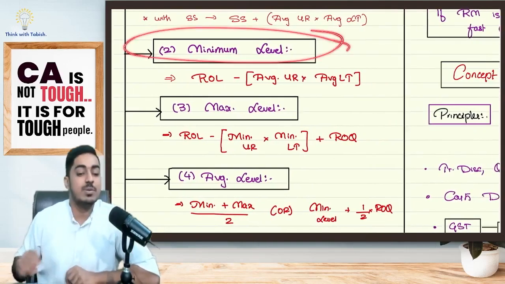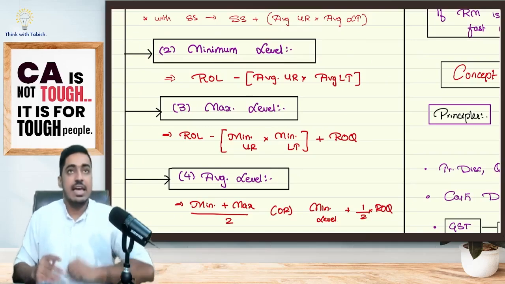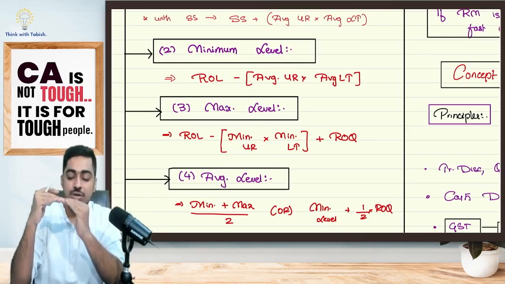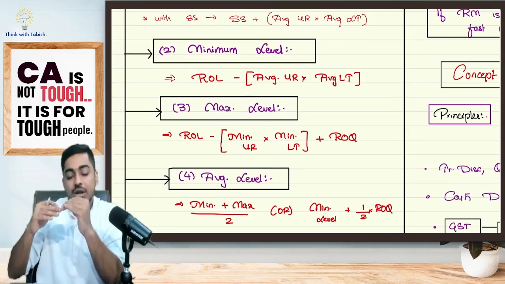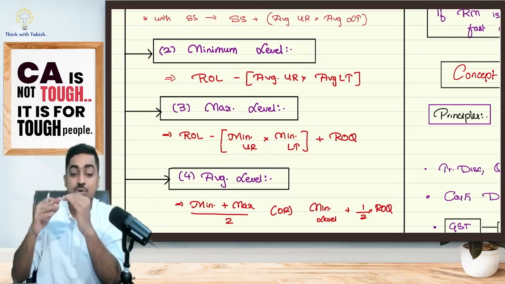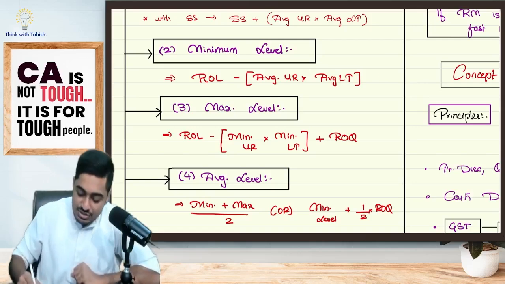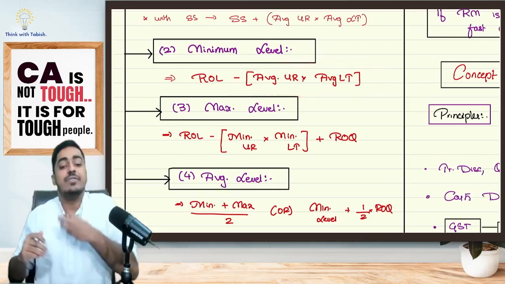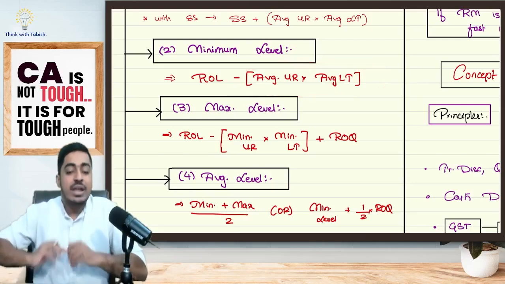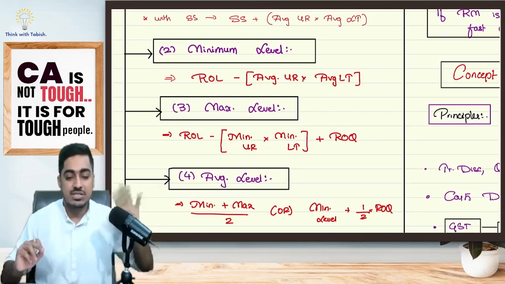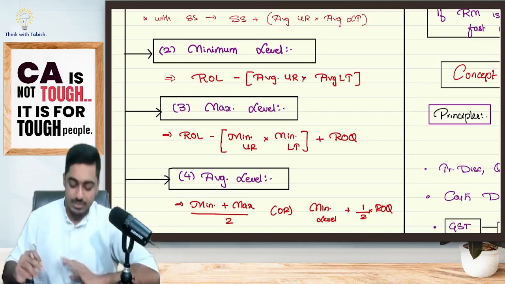Next one is minimum level. What is minimum level? I've placed the order. When am I placing the order? The moment I reach reorder level, I'm placing the order. Immediately will I get the goods? No. On an average, till the time I'm getting goods, I will consume. That means my quantity will reduce, minus average usage rate into average lead time. On an average, how much is consumed? That gives me how much minimum I should be having. Detailed explanation is already done. I'm just doing a quick 3-4 minute revision.